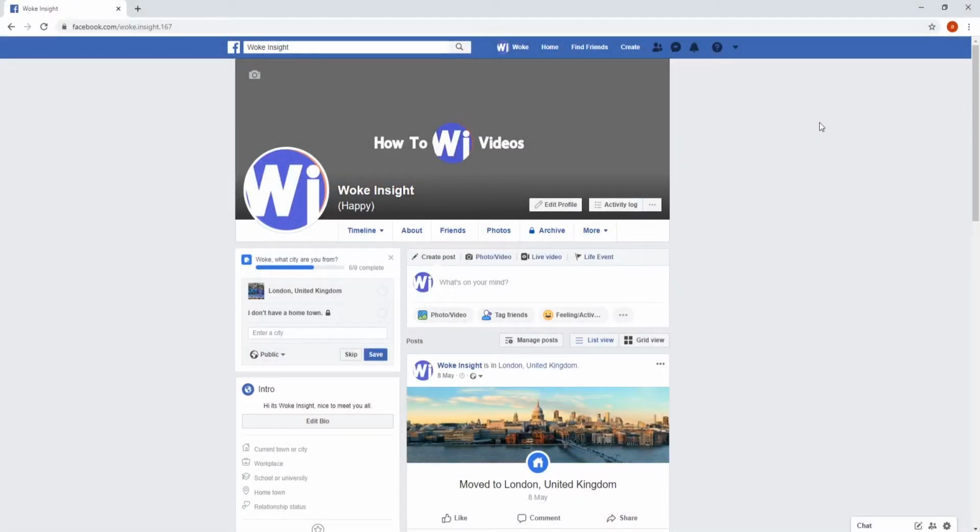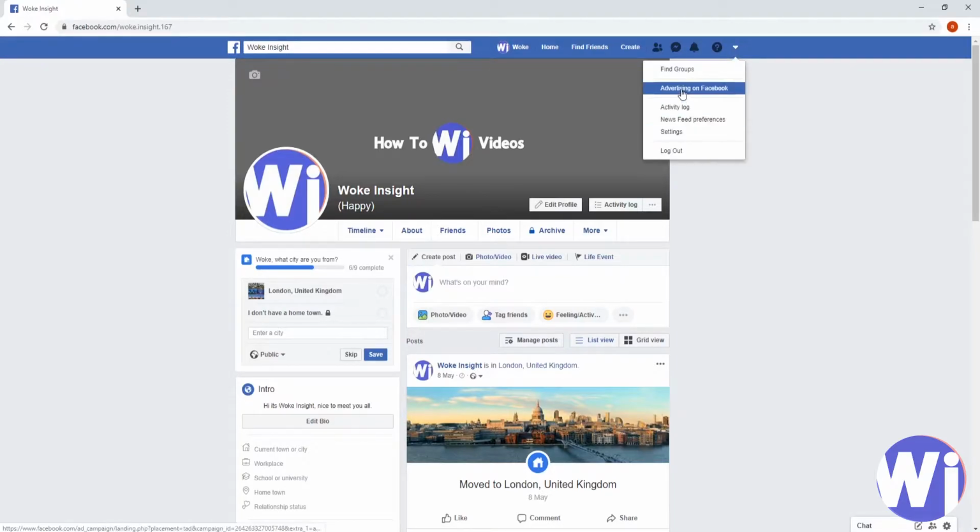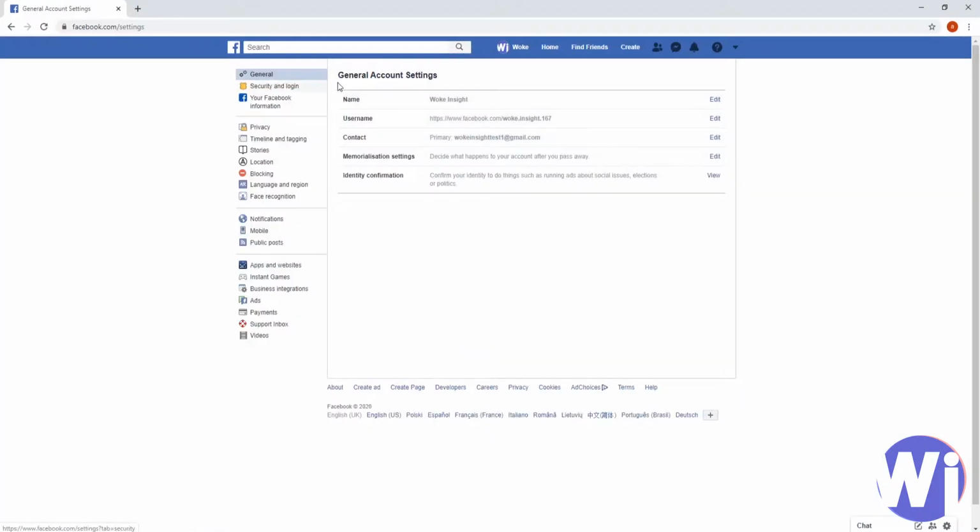How to deactivate your personal Facebook account. So once you're on the main page of your account, at the very top right hand corner there's an upside down triangle. You just click on that, and then you can click on settings, and on the left you want to click on your Facebook information,